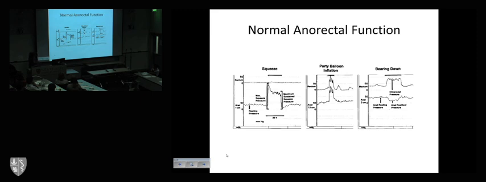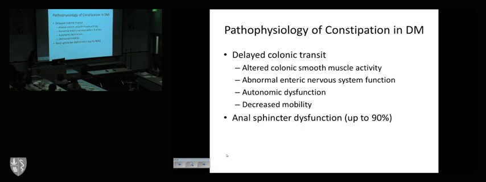And then these are some reflexes that you see. So when you blow up a party balloon or cough, there's actually a reflex increase in the anal sphincter pressure, so that when you cough, there's no incontinence. And then when one bears down, you see an increase in the intrarectal pressure and relaxation of the sphincter pressure. So these are all normal anorectal function. And I'll show you this data later, that in the setting of muscular dystrophy and a lot of other conditions, there can be abnormalities in the anorectal function.